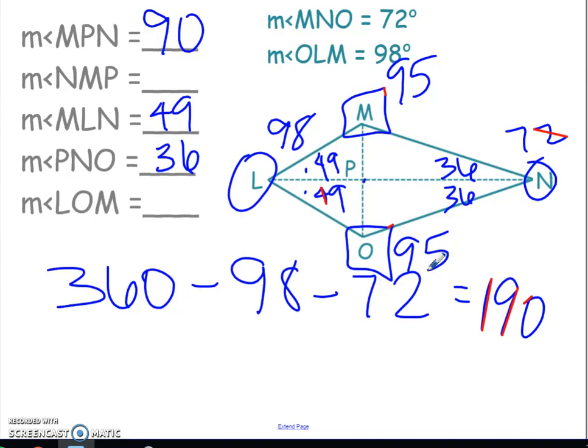Life is good. So my last two that I'm looking for is NMP, this part, and LOM, which is this part. So I have triangles. This is 90 degrees and this one's 90 degrees. So I have 90 here and 36 here. I can just subtract. So that one's 54. And then the same thing, I have 90 here and 49 here. So I can subtract